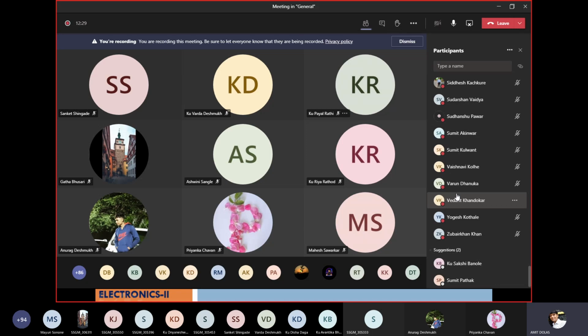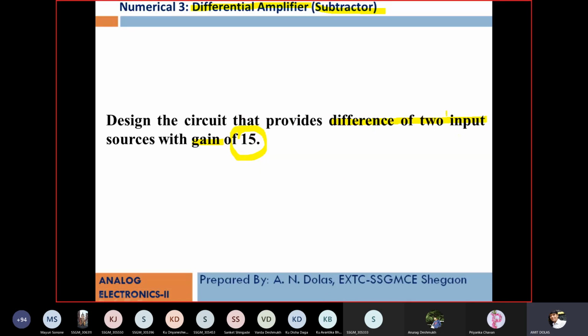So definitely we can use the simplified formula, that we have already seen in the theory. That is, the R1 and R3 values are the same, and the R4 and R2 values are the same. So that's why we get R2 upon R1 into V1 minus V2. So simply the difference is V1 minus V2, and both sources have the same multiplying factor, which I have also discussed earlier in the previous 2 PPTs, in 2 numericals.